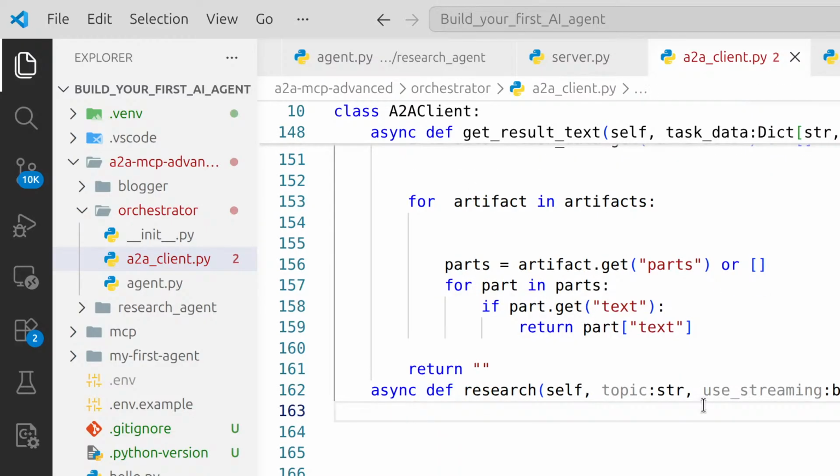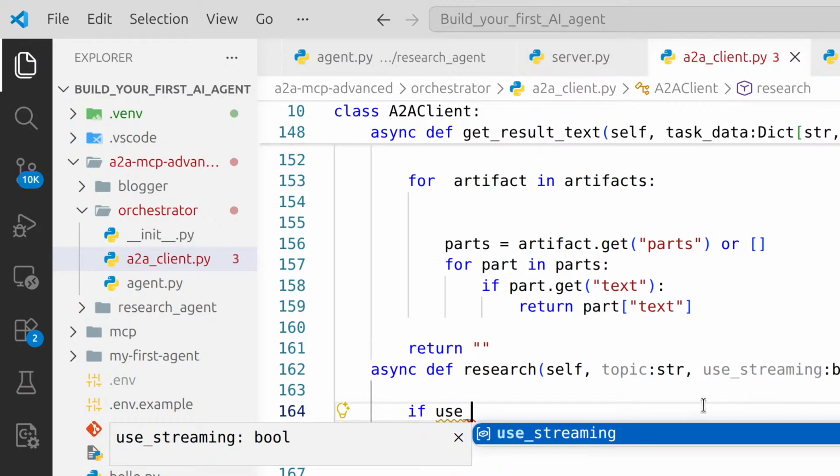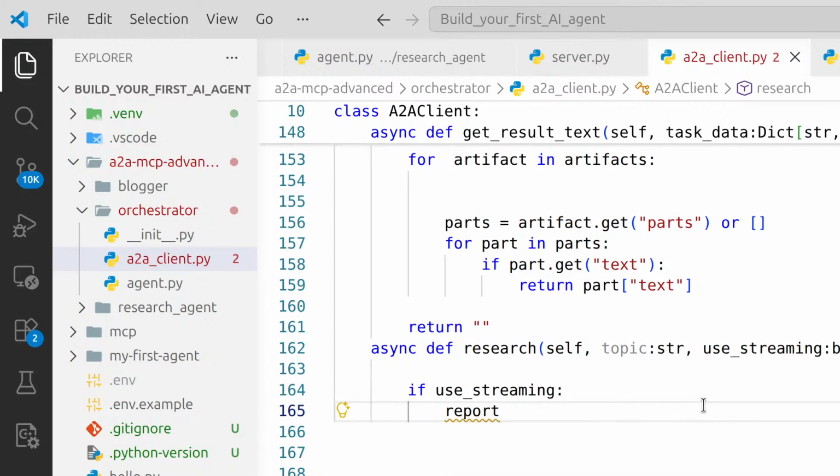What is this? It's a high level convenience method that the orchestrator actually calls. What it does is it hides the complexity of submit, then poll, then extract, everything. Orchestrator doesn't need to know about the task ID, polling and loops, or artifact extraction. It just calls research with my topic, and waits. So it will do all the work for the orchestrator. Use streaming, report